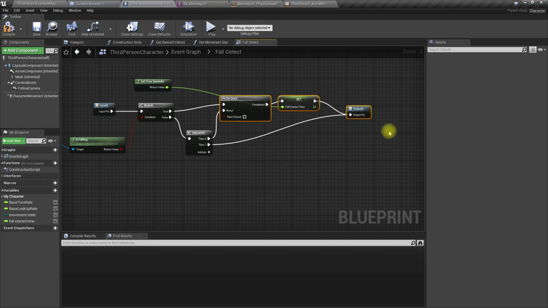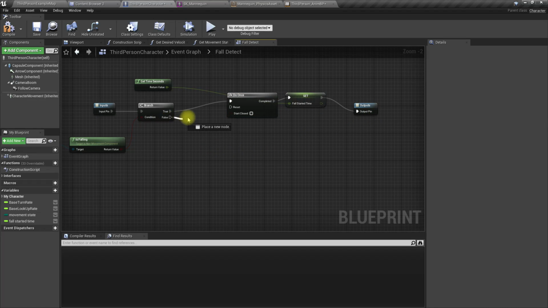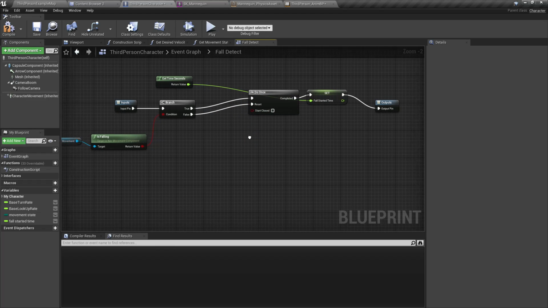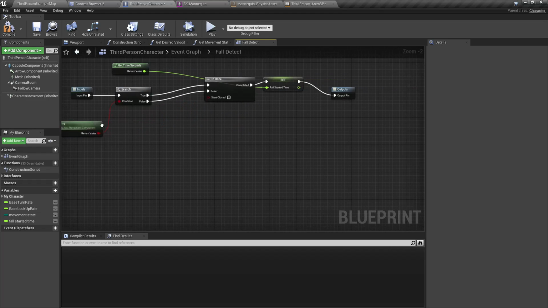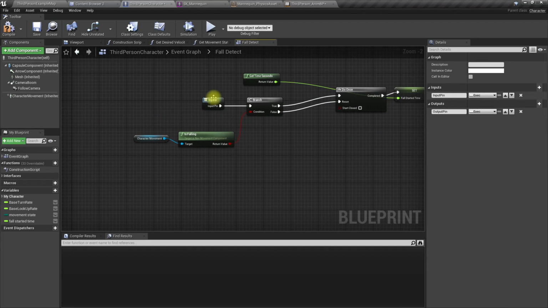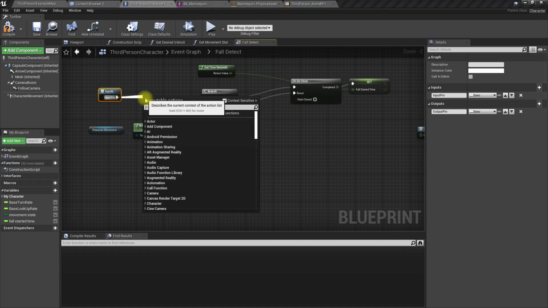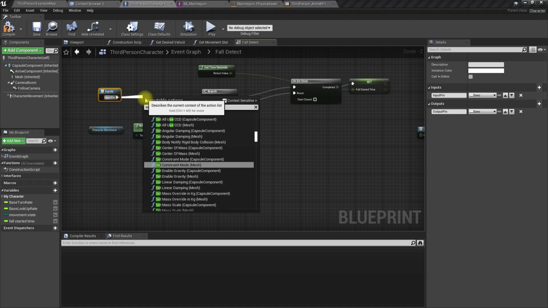Oh wait, we can have the, no, we don't need a sequence here actually. We can have a reset in the false, and I'll call the output with the sequence, so that no matter what happens here, the execution will return from this node.